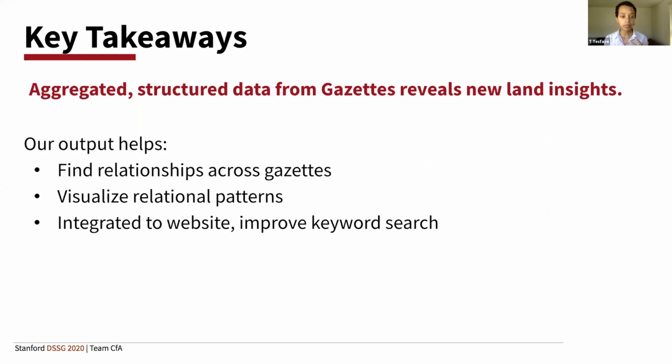Two, one can also use their favorite visualization tools to visualize relational patterns. We used a certain tool to show you the visualization in the previous slide, but one can also use their own method to get a visual sense and say, okay, where should I start to poke deeper? What are certain things that raise questions for me? And last but not least, after this has been integrated into the website, it will definitely help improve the keyword search, which we hope our partners will take further. With all of that said, we're hoping all of this output will address our partners' needs that were mentioned at the very beginning, which is, one, help investigate land-related corruption, and also help advocate for a more sustainable use of